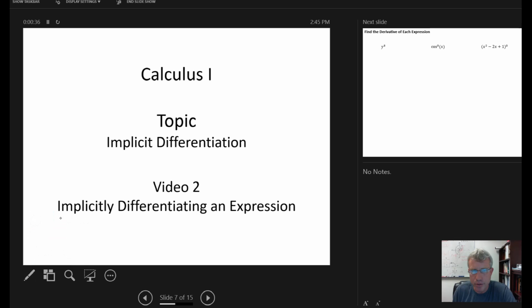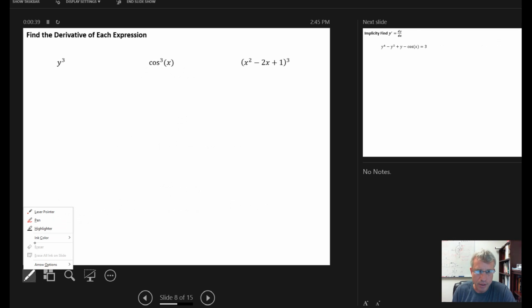So in this video, we're going to look at how to implicitly differentiate an expression. It says find the derivative of each expression. So here I want to find d dx of y cubed. And before I just jump into this, what I want to think about is what would I do if I